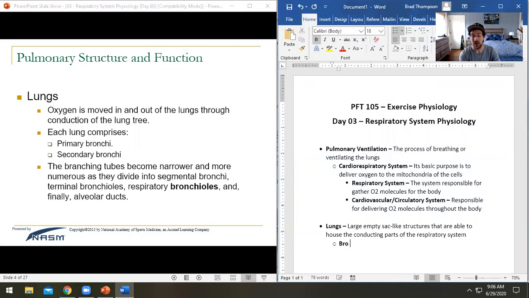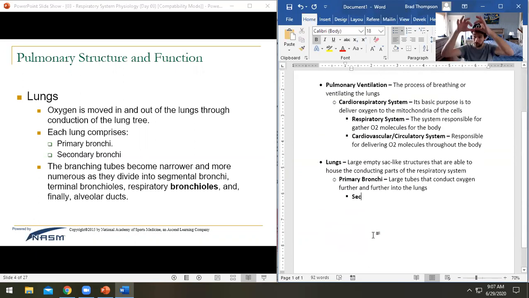So you've got what are called bronchi, which are large tubes that conduct oxygen further and further into the lungs. Okay, and then that is going to branch down into your secondary. We'll call those your primary bronchi. You're not going to see the term primary versus secondary very often. Most people just go, you have your big bronchi and then it becomes bronchioles. But secondary bronchi,